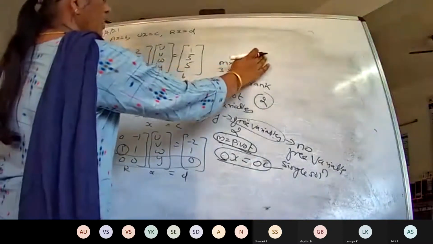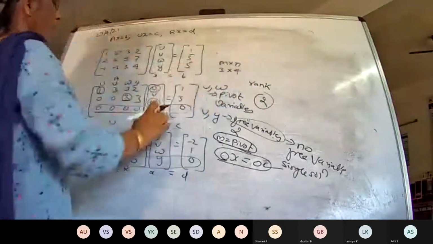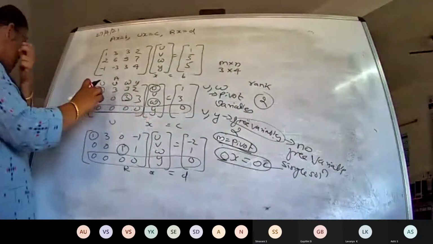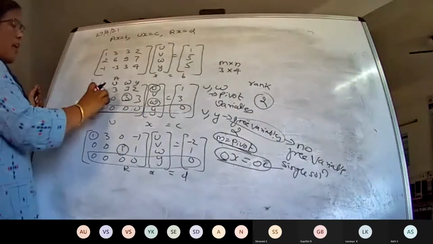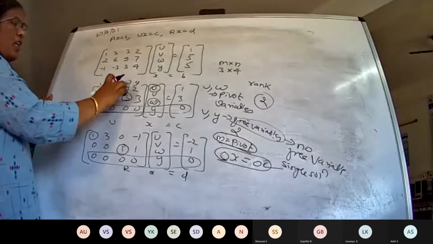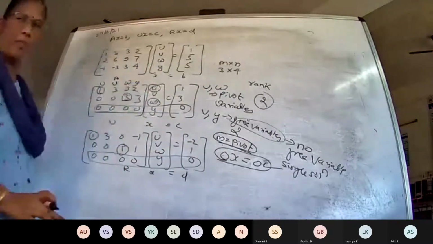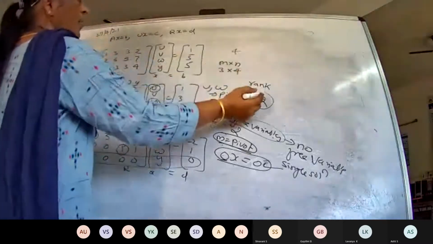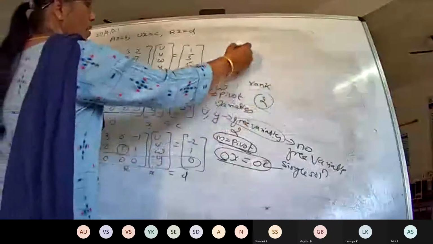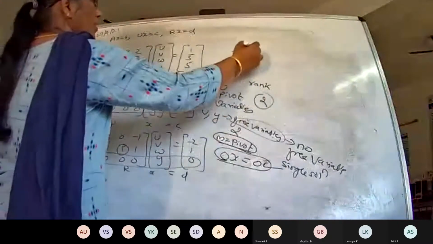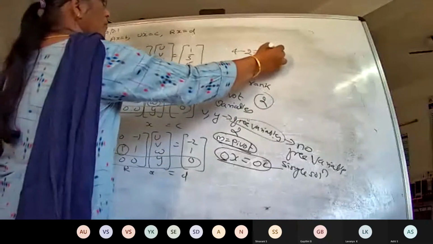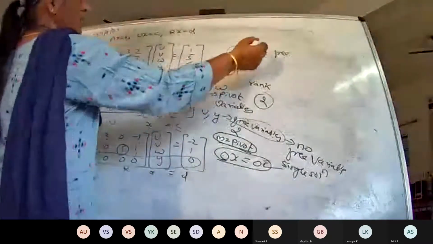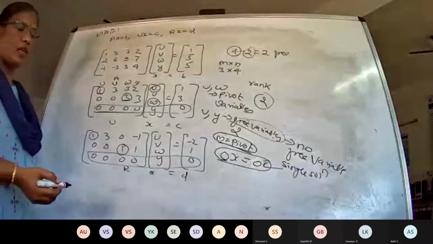The number of free variables depends on the number of variables you have here, which is 4. The number of variables n, that is u, v, w, y, is equal to the number of columns. So the number of variables is 4. If the rank of the matrix, or the pivot variables, is 2, then the number of variables minus the pivot variables will be your free variables, right?